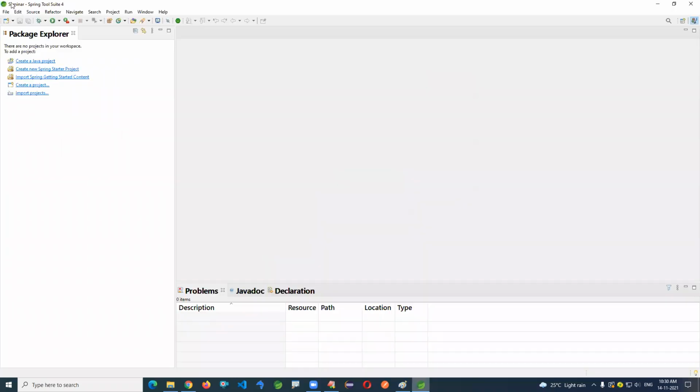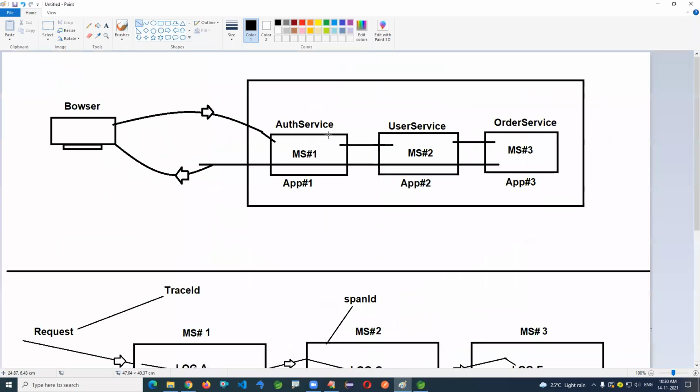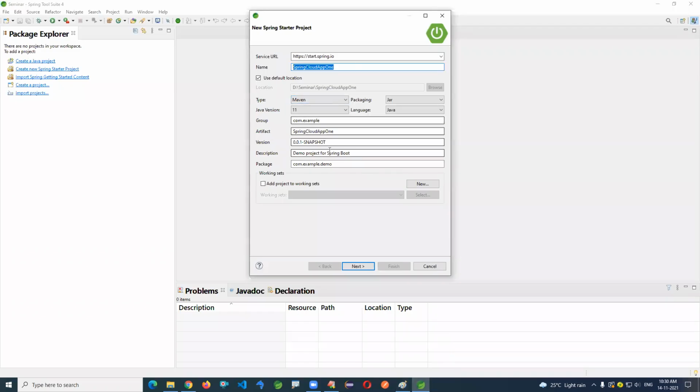Look at this. File, new, Spring Starter project. There I'm writing Spring Cloud app 1. Instead of this, you can write something like authentication service, user service, order service also. Not an issue. Just concentrate on syntax and coding part mainly.